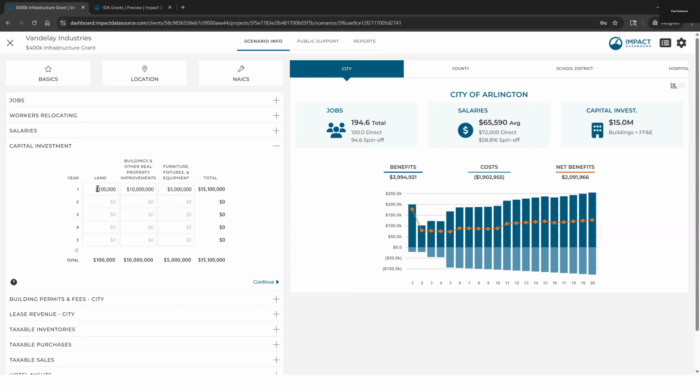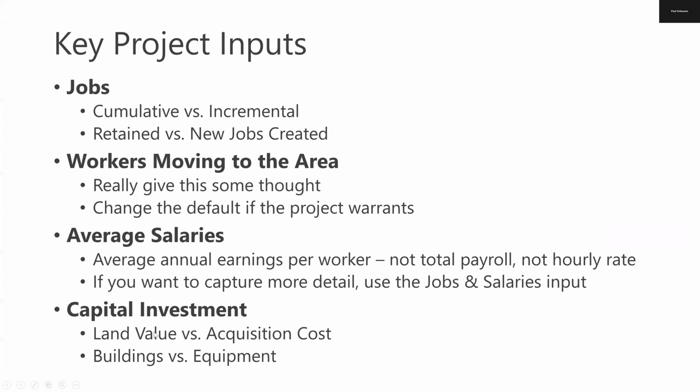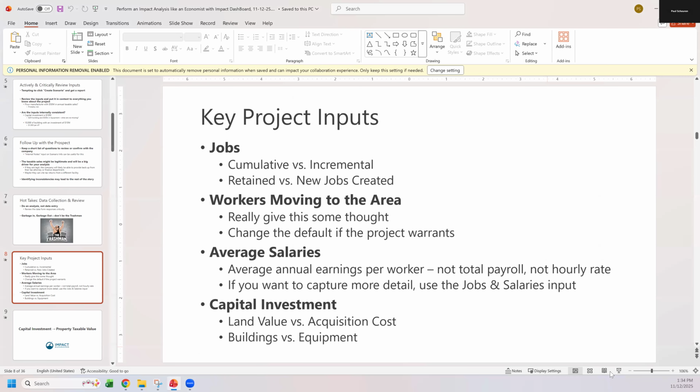The thing that I see that comes up would be sometimes the company is going to pay a lot of money, and it's legitimate. It's part of their investment, they're paying a lot of money to buy a piece of land, but that land may not be on the tax rolls for very much, or that same number. So it's important to give that some thought as we think about the value of this land from a property value standpoint versus the acquisition cost. Because they might tell you, hey, we've got to spend $5 million to buy that parcel of land, which from their perspective is real money and it's part of the investment. But we want to